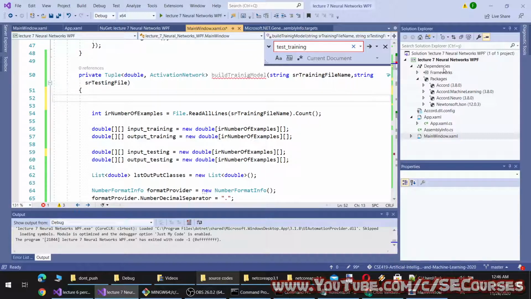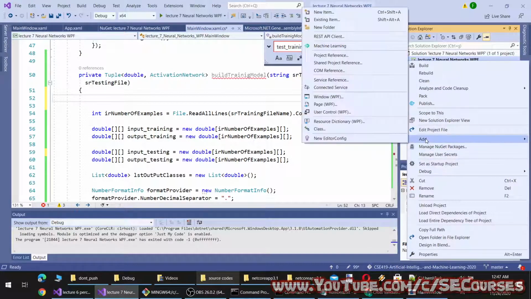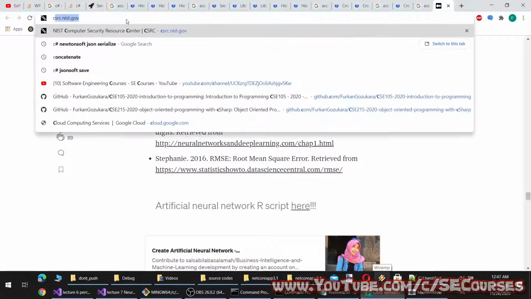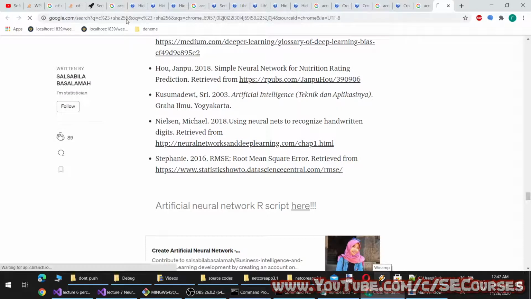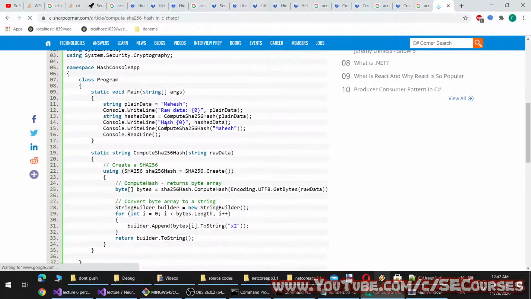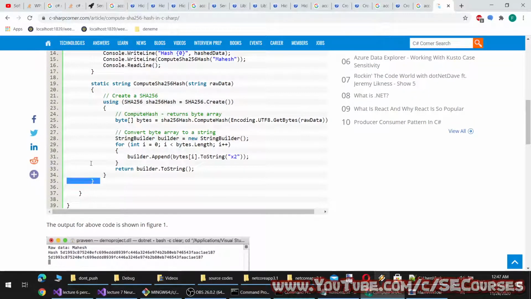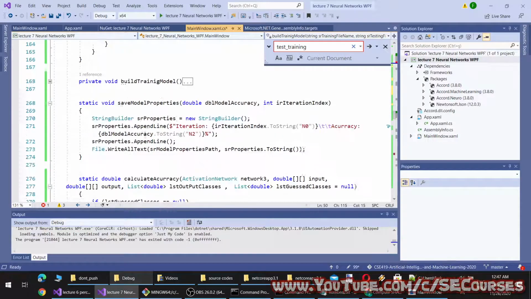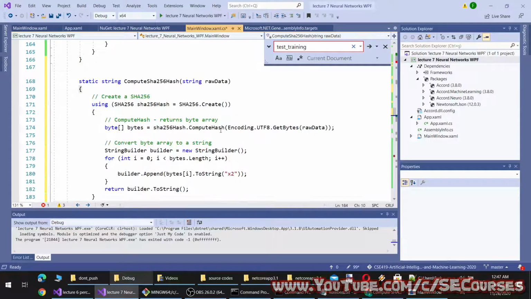So the file names will be different. Okay, I will save them into temporary files.